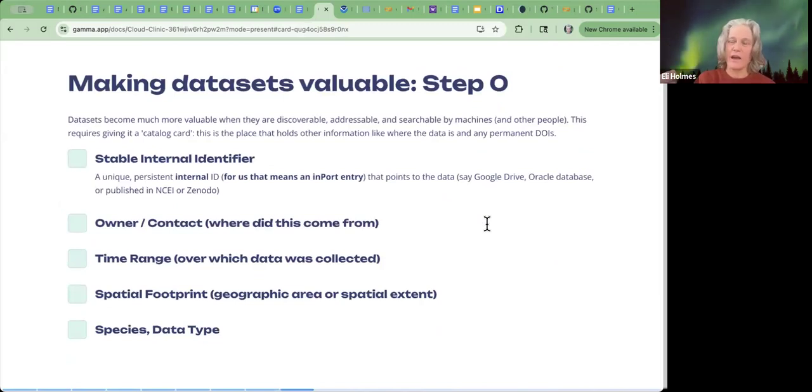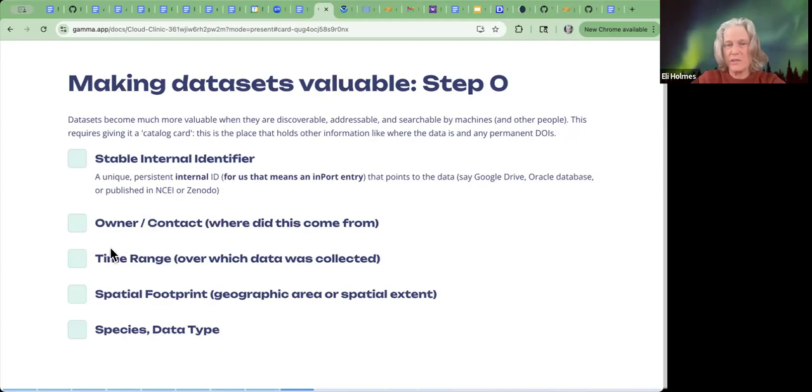Because once you have that, you've given it a catalog card and said, this is a thing. And now you can put other information on that card. So you point to, where is that data? Is that data published, for example?